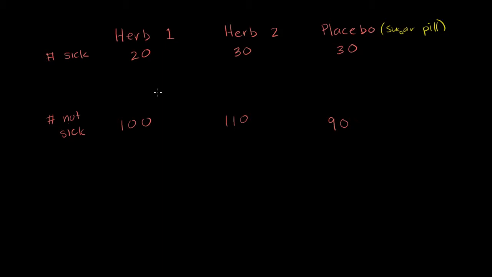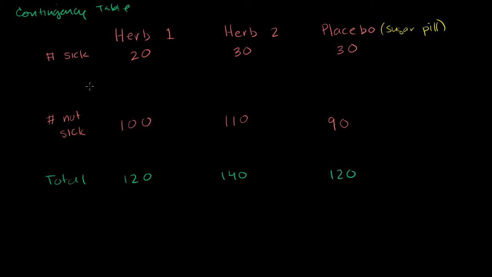Over here we have a table, and this is called a contingency table. It has, in each group, the number that got sick and the number that didn't get sick. From this we can also calculate the total number. In group 1, we had a total of 120 people. In group 2, we had a total of 30 plus 110, which is 140 people. And in the placebo group, the group that just got the sugar pill, we had a total of